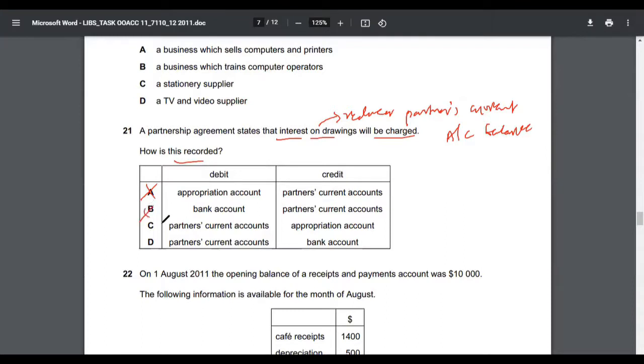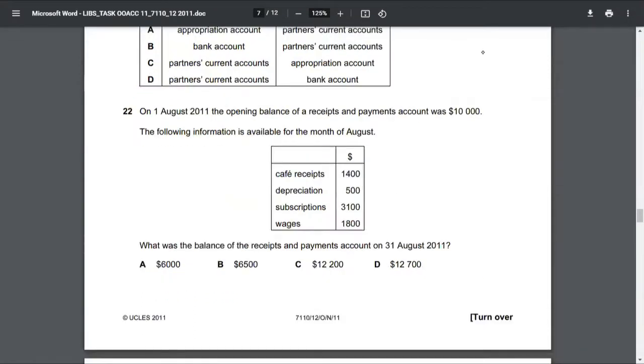Option B has nothing to do with bank accounts, so that's incorrect. Option C, debit partner's current account and credit appropriation account. Yes, because that is how the partner's current account would be reduced. So option C is the correct answer to multiple choice 21. Option D,